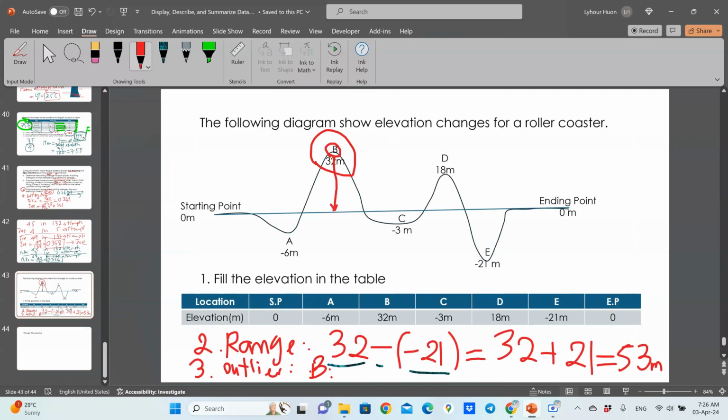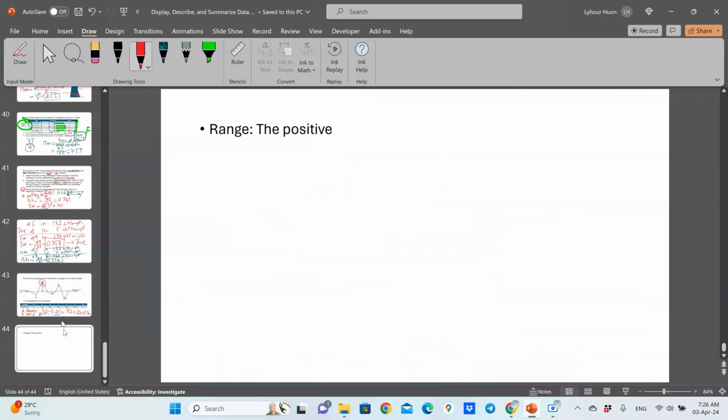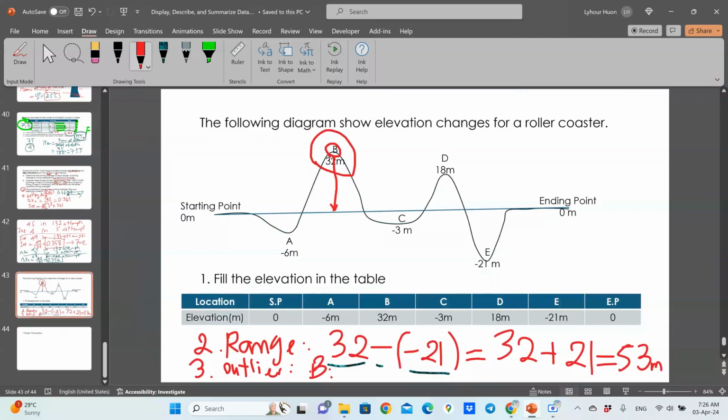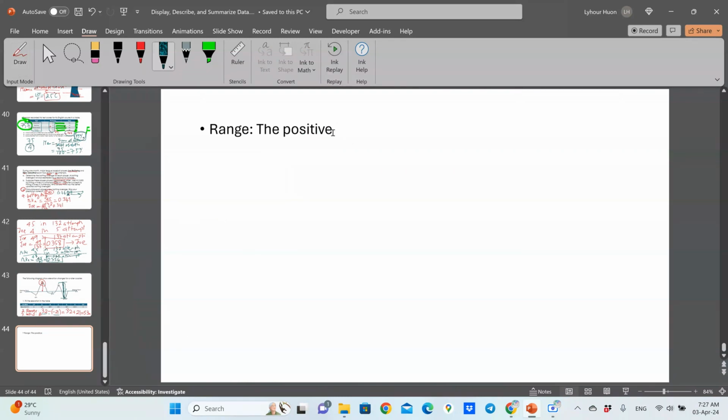Can the result of the range be negative? No, it cannot. For example, if they ask the gap from E to B, it's still a positive number. What we want to know with the range is the difference from here to here. So the range is always a positive number